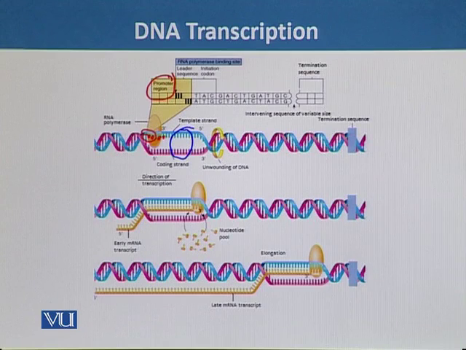This separation of the DNA strands is very important, and it is carried out by some of the transcription factor proteins, which include helicase enzymes, and these helicase enzymes help in the unwinding of the DNA molecule. And after the unwinding of the DNA molecule, the RNA polymerase will read the template,